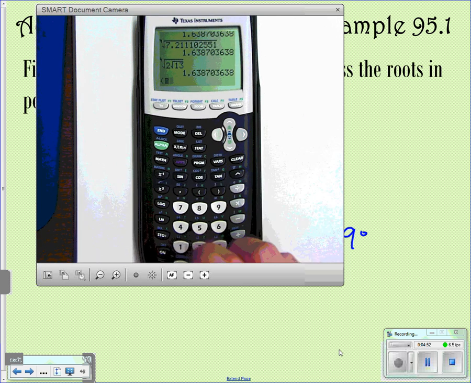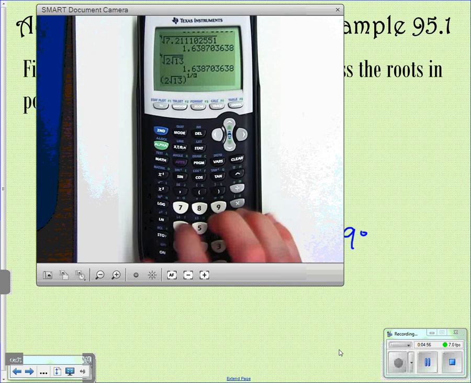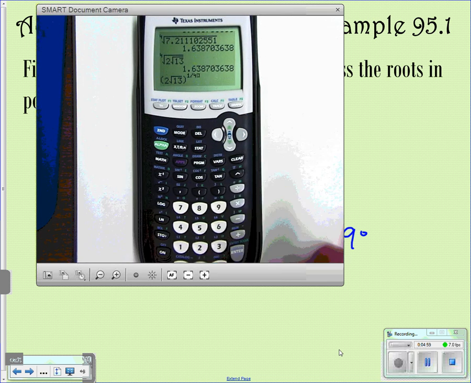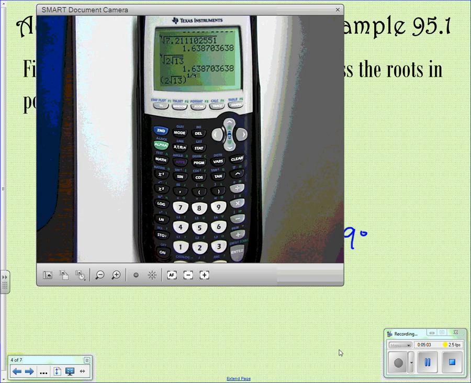Or you can do 2 square roots of 13, all in parentheses, raised to the 1/4. Now, if you have a calculator that is not putting it in the exponent like that, then what you're going to need to do